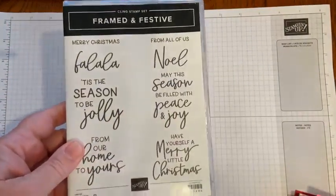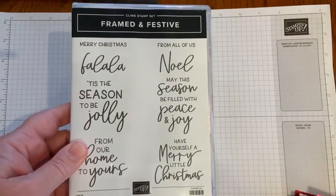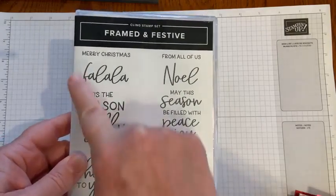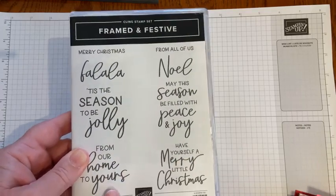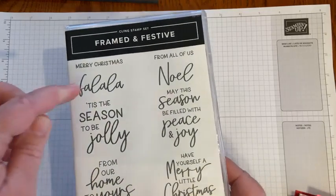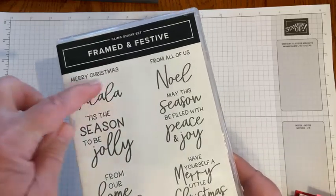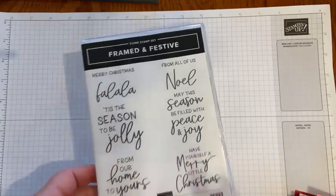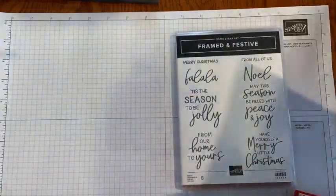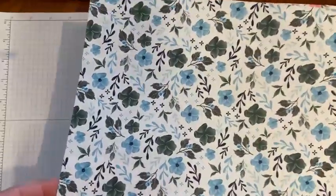And that includes this Framed and Festive stamp set. This is available through early January or while supplies last. Look at all the fun sentiments. I'm working on this Fa La La. I had a card almost all ready to go, and then I didn't get it finished. Also available in this collection, limited time supply,